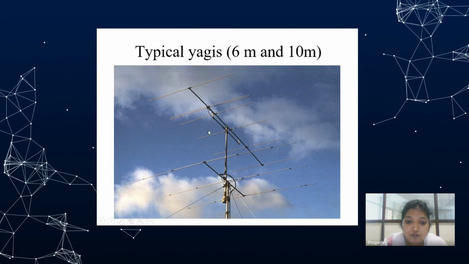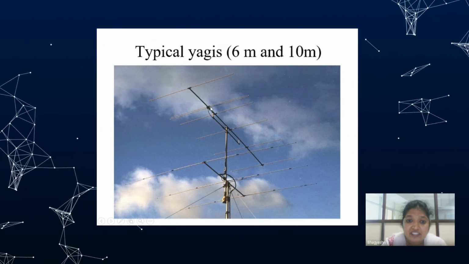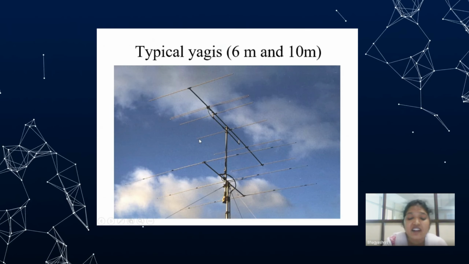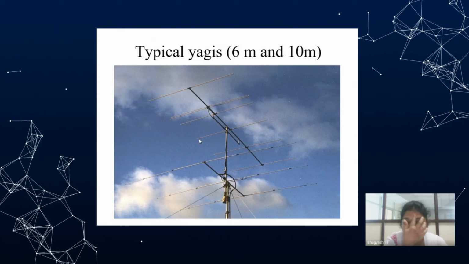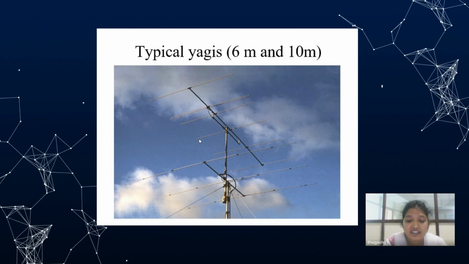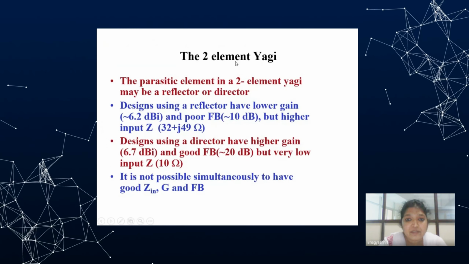If you want to increase the directivity, that's why a folded antenna feeder is used. Here a normal antenna is used. Okay, these are the basic antennas used for TV reception, in the earlier times when there was normal TV, Doordarshan only. Then these antennas were used. So now in our syllabus we have a 2 element Yagi-Uda antenna.